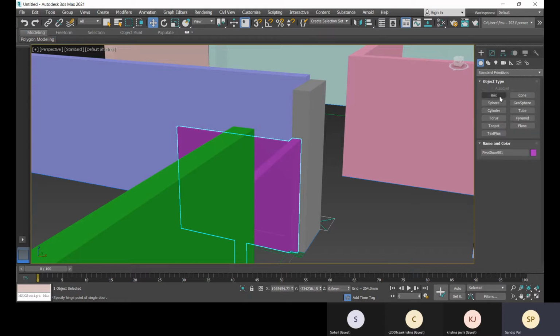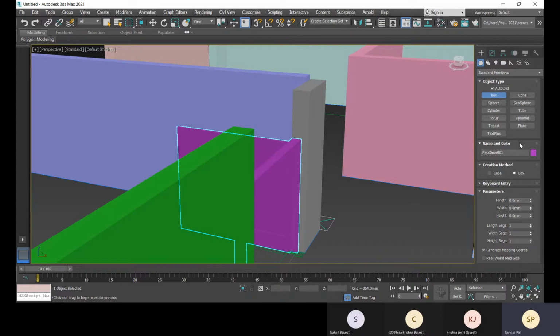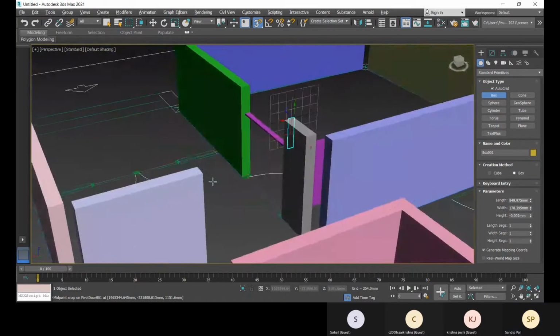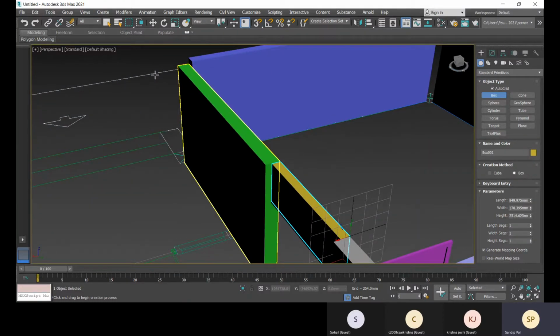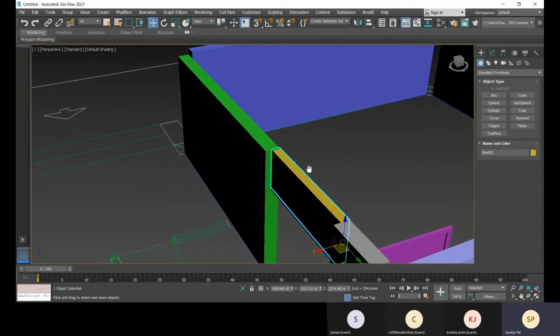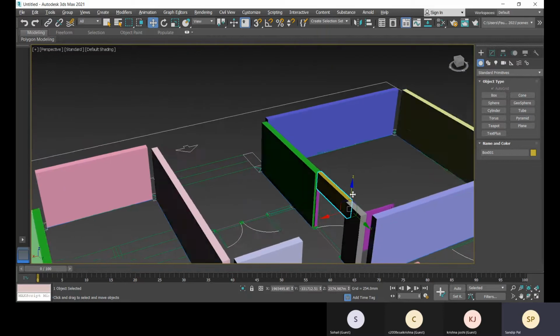You can go to standard primitives, go to box, auto grid should be on, and with snapping, you can do it like that, correct?